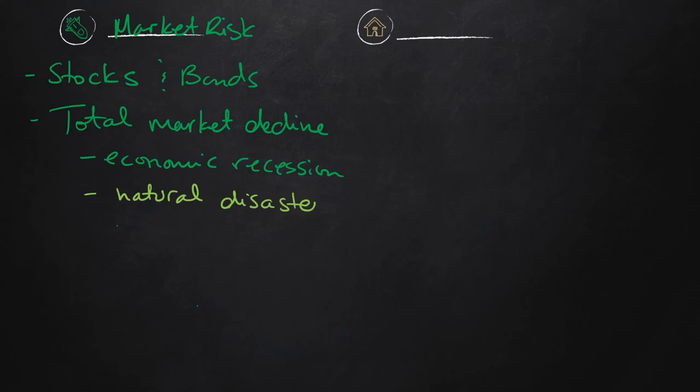Natural disasters are outside of our control. Natural disasters like hurricanes, all of these types of things that are becoming more and more common, actually do affect the market as well. And last but not least, terrorist attacks. Terrorist attacks surprisingly also do affect the market and can make significant changes to the market. So these are all classified as a systemic risk and primarily associated with stocks and bonds.